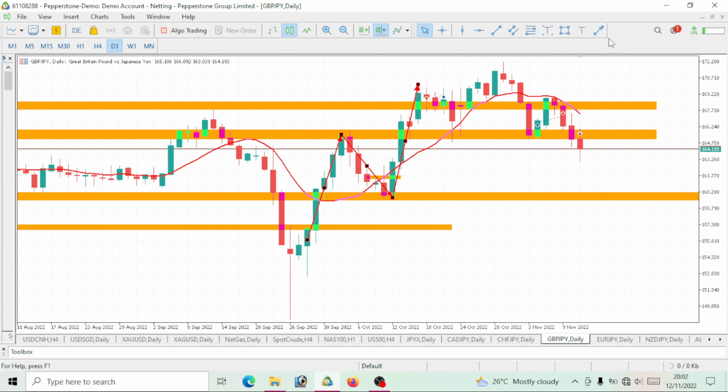Guess what? Price came to test the same level again. So price went up again like a head and shoulder pattern. We saw it drop to this level. Then we saw the right shoulder here, right? And now what do you expect next? Another drop. And we can see that this price has broken below this level, right? So now that price has broken below this level, that is an indication that GBP/JPY is now on a